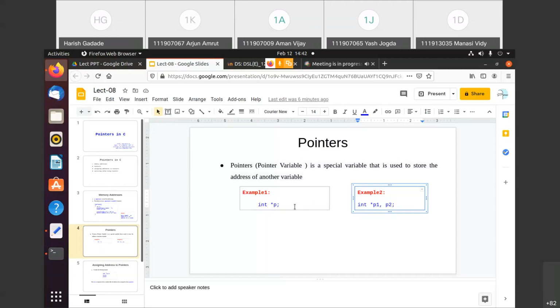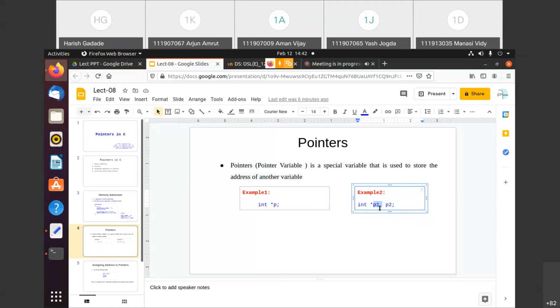This is the meaning only, because if you have a normal variable, p2 in this case, this p2 is the variable that is used to store the value entered by the user, and p1 is the variable that is used to store the address of any other variable like p2.